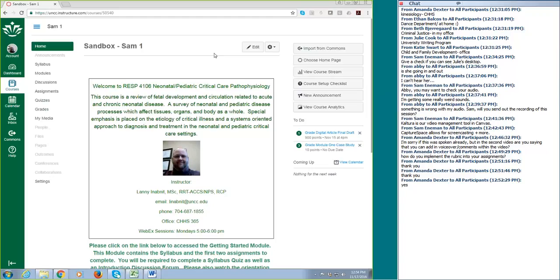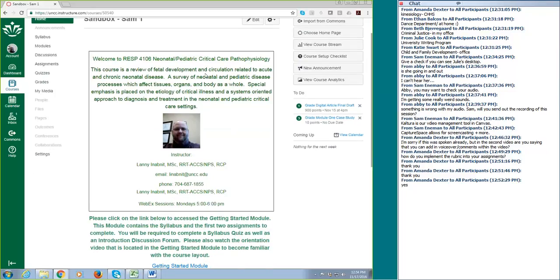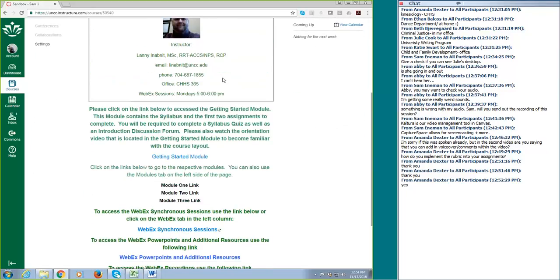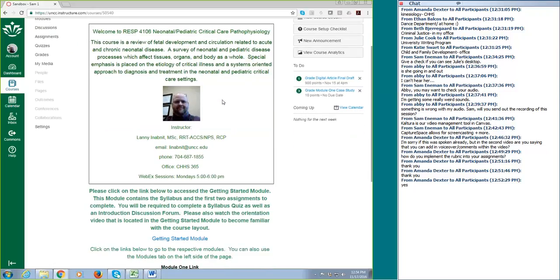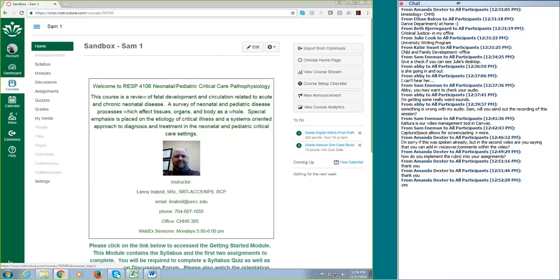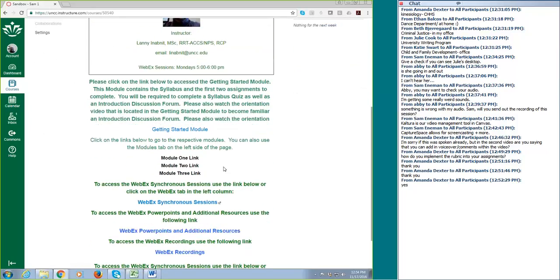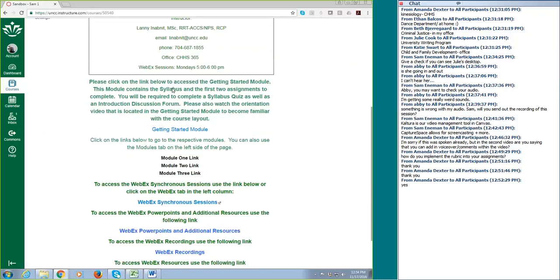So just starting off, looking at my home page, what I tried to do was really give them direction, options to get to places. So obviously the breadcrumbs on the side are very easy for them to navigate, these navigational bars to get to the syllabus and modules and forums and assignments. But what we also did was I wanted to be able to link them to certain avenues. So following a lot of the accreditation standards for distance education courses or Quality Matters type things, what they stress is putting your students off on the right foot. So what I created